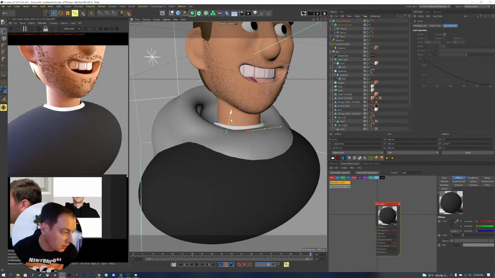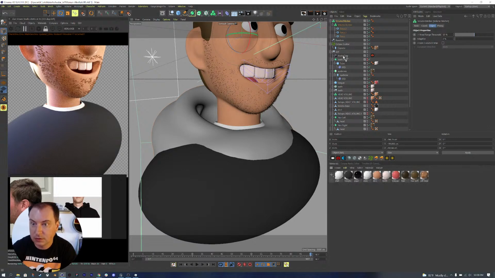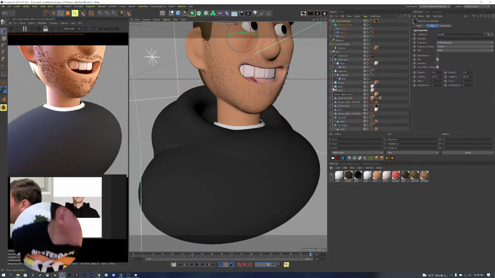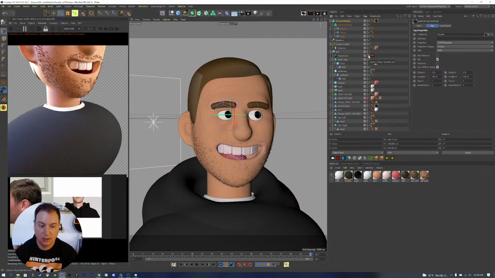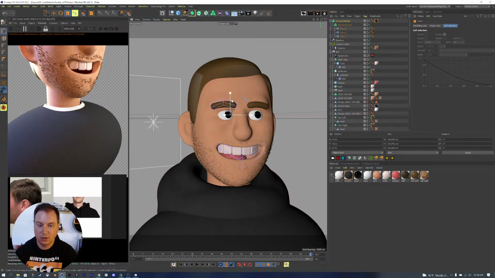Hey, thanks. Glad you think it looks good. Could probably put the material for the hoodie on here. And let's look at it from the front. Maybe a little bit too big. A little too big. So let's take this, scale it. Ooh, it looks like one of those